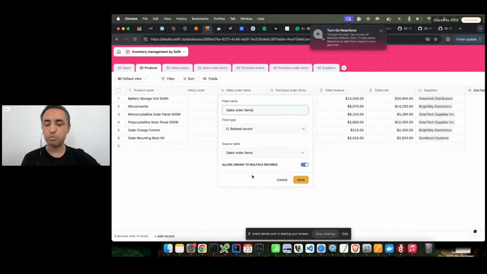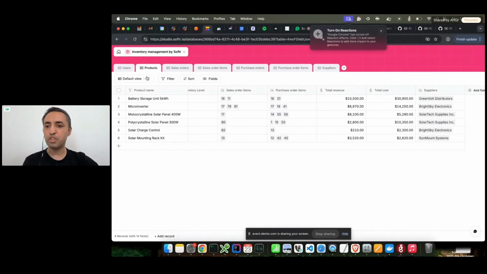There are going to be a lot more options coming up here as well, like you could define a sorting option, filtering option, and so on. Pretty much we are going to match some of the functionalities that the best platforms out there have, and continue investing in speed and more functionalities. Some of you also mentioned views. We do have views: you can create a view, you can have default sorting and filtering, and decide which fields are available in different views.